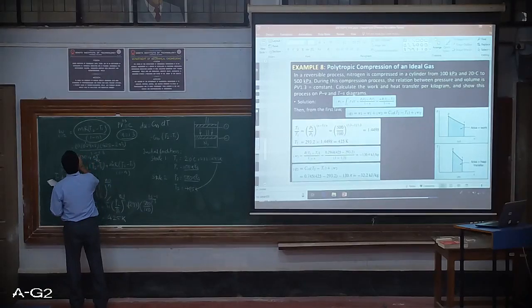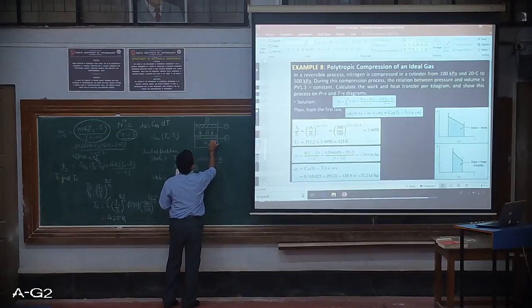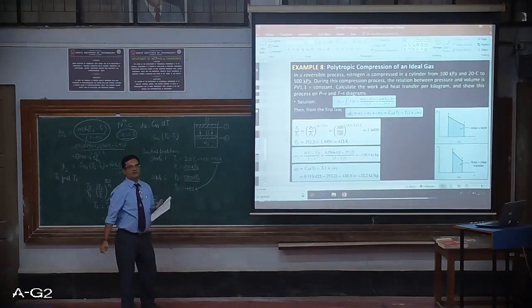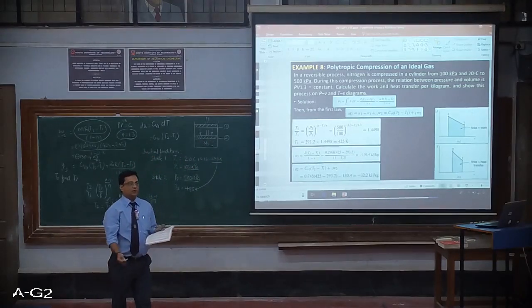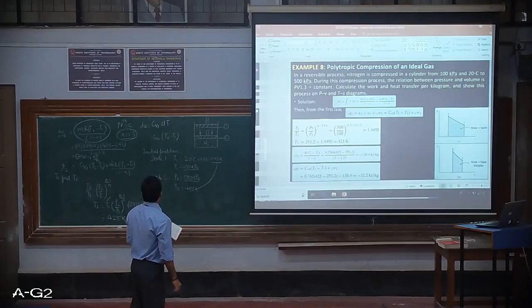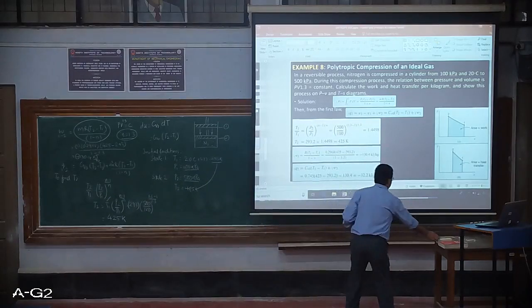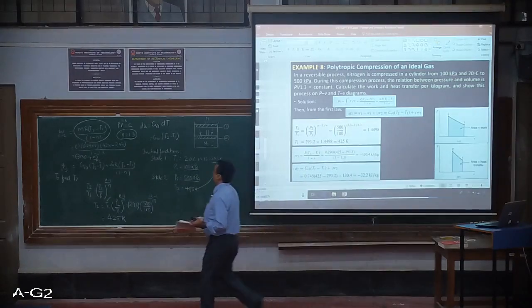The minus sign is because the piston is working on the system under consideration, and by sign convention it is negative. Once we know the work transfer, heat transfer also can be evaluated easily. So in the expression we can now substitute